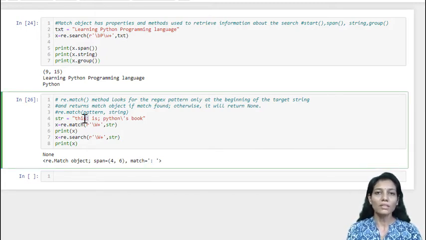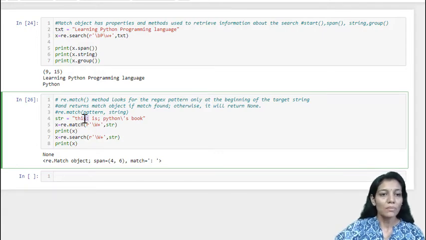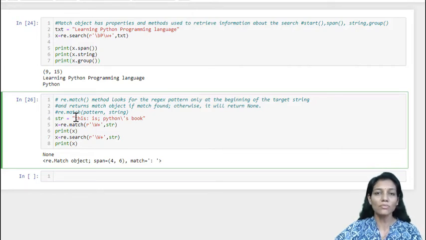Although match and search both will return only one match, okay, but difference is that match will terminate here itself because it has not found the pattern at the first location, while the search has gone and explored the whole string, and then wherever it has found the match it has returned.